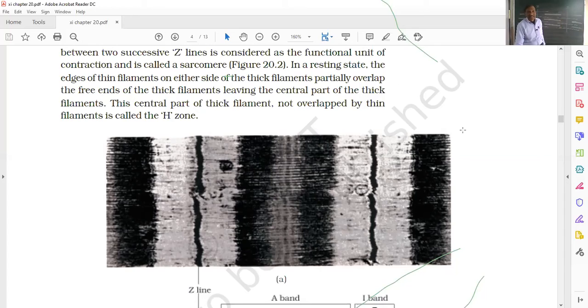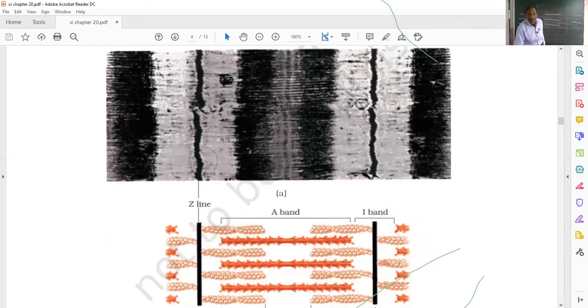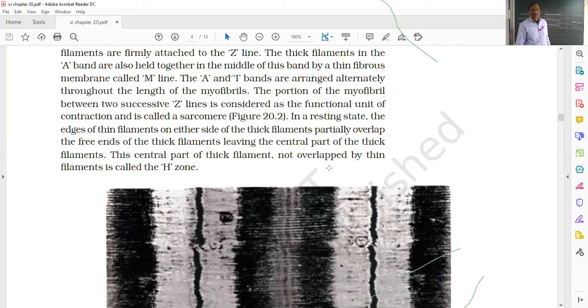If you see this particular dark line, this is the Z line, and these white areas are called the A band. Okay, and you can see the I band is here around the Z line, and then the A band from here to here. I stands for isomeric, so iso stands for one kind. That is, only one kind of fiber is here. Only actin fibers are found here. So this is called the I band.